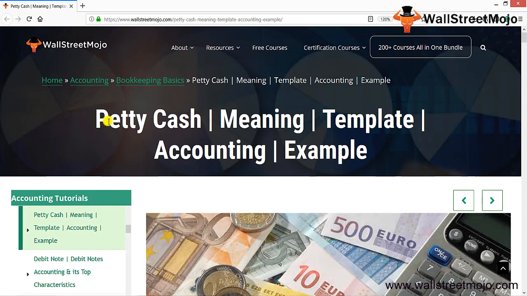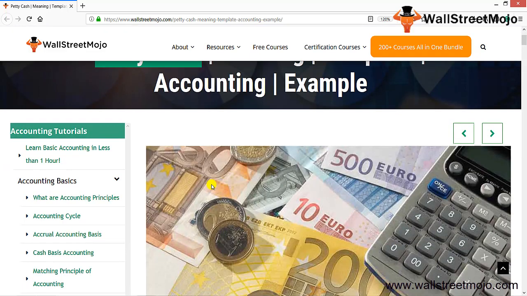Friends, today we're going to learn a concept which is known as petty cash. We're going to learn the meaning, we're going to see the template and the accounting with some examples. Let's start with this. At the very beginning, you need to learn exactly that